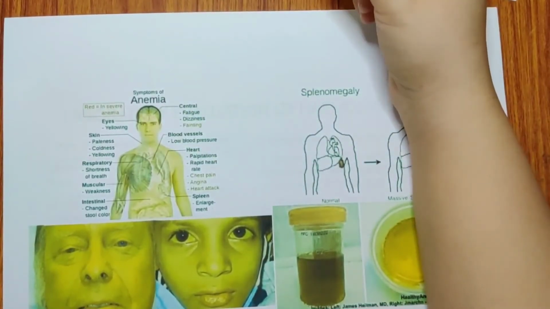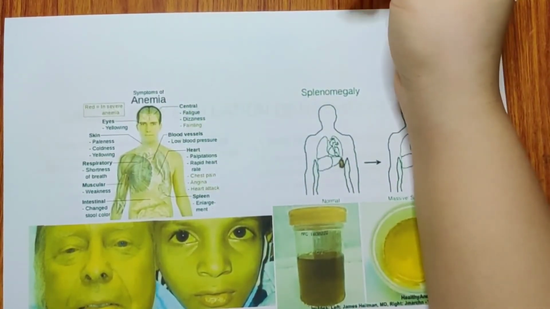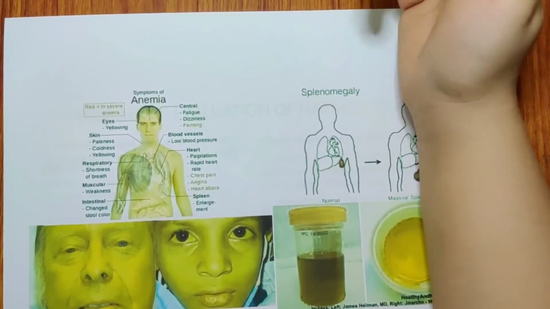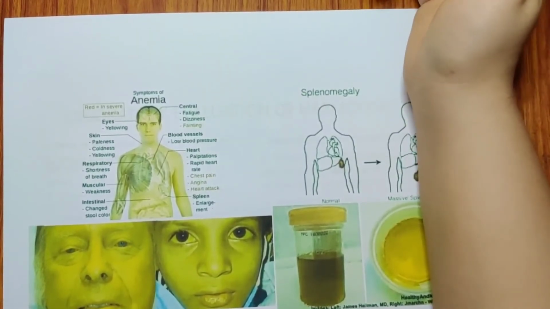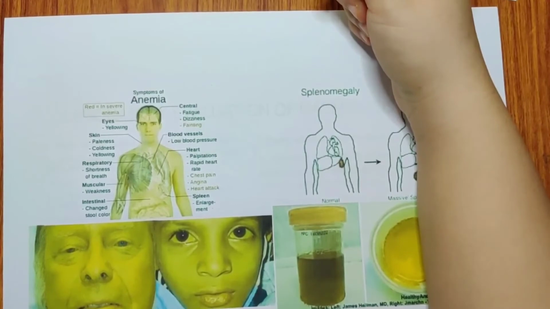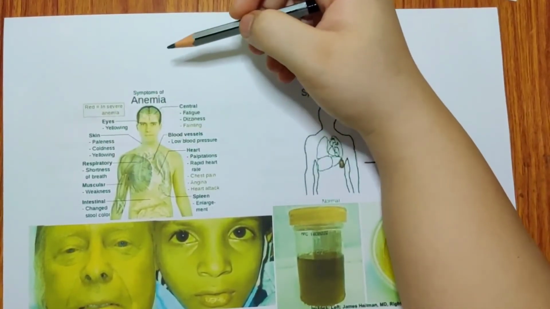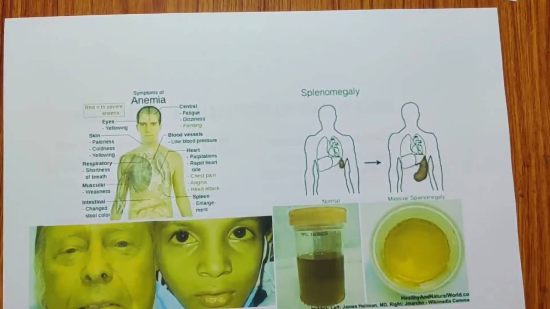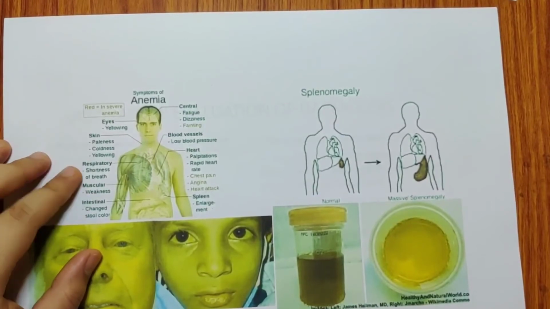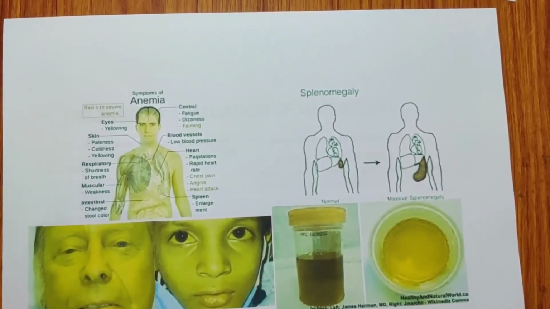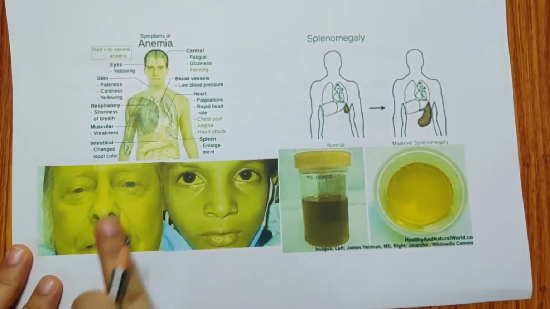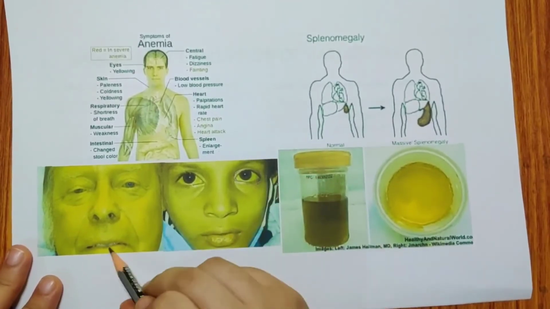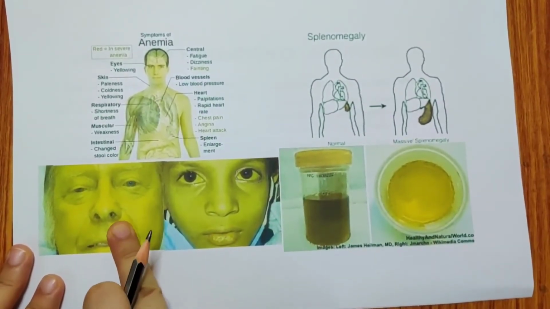Why will you have this? Because first, urobilinogen is excreted in the urine, stercobilinogen is excreted in the feces, and other than that, you can have some amount of hemoglobin excreted in them. So dark color feces can be seen. Or in case of jaundice, you can have very yellowish or greenish stool. You can have muscle weakness, shortness of breath, and in jaundice, you can have either yellowish skin coloration or a yellow sclera. So when you see jaundice, you have to see the face as well as the eyes.